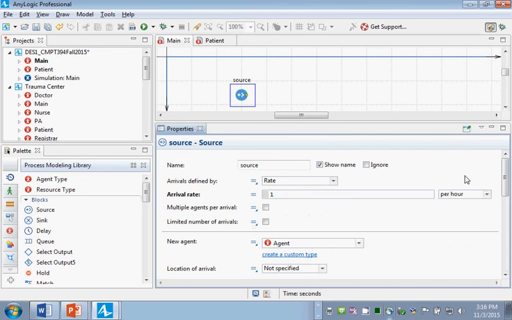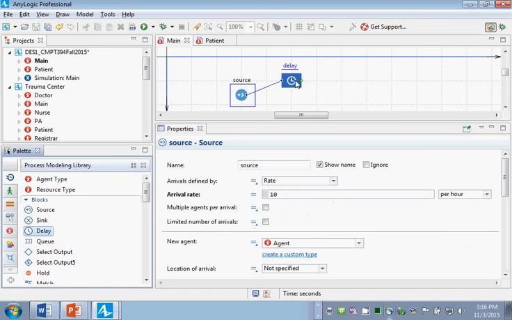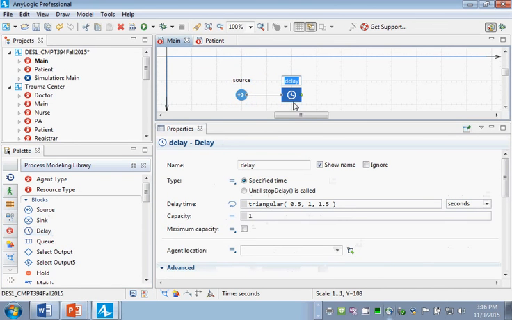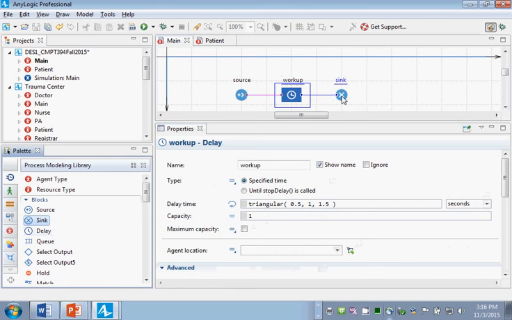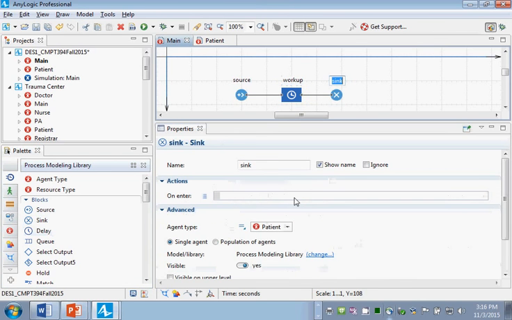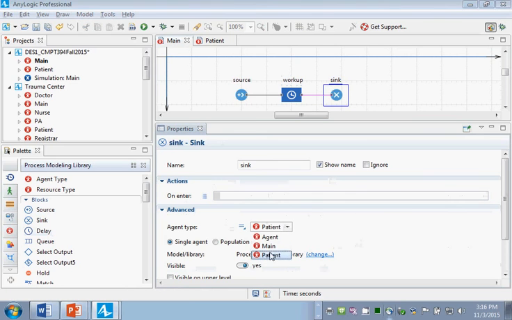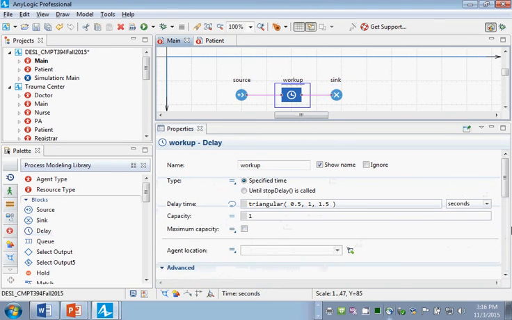And you'll notice when I drag this in, it will automatically connect this here. So I'll say Workup. Okay, here you're examining this patient, and next I'm going to drag in a sink, which is going to be a place that agents go to. And like the others, this is all going to be on a patient-by-patient basis. So these are operating on agents that are patients. Okay? Now, for the workup, I would like to set it so that we have a delay time that's specified in